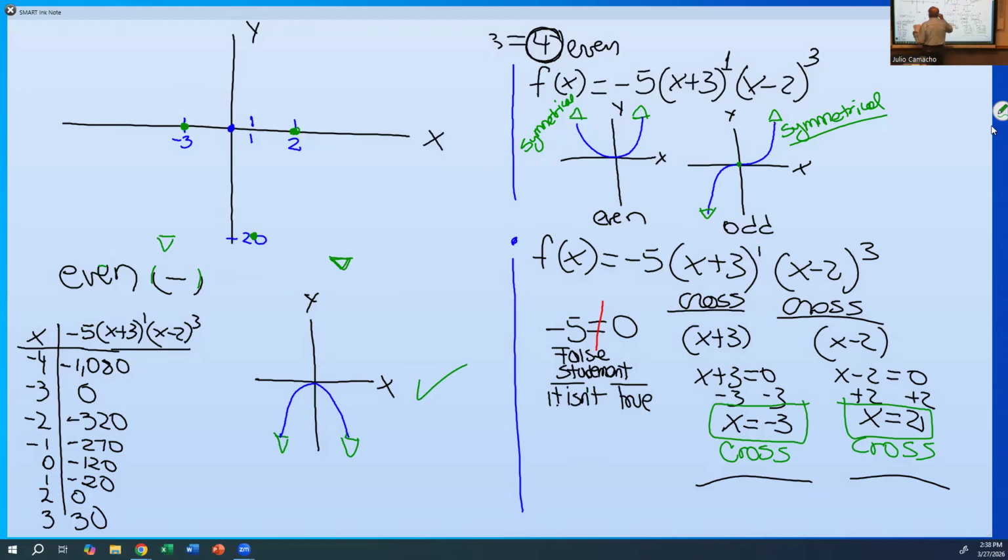It's when that is 3, and let me put one more point. 3, when x is 3, this guy is 30. I'll put 30 right there. So this graph